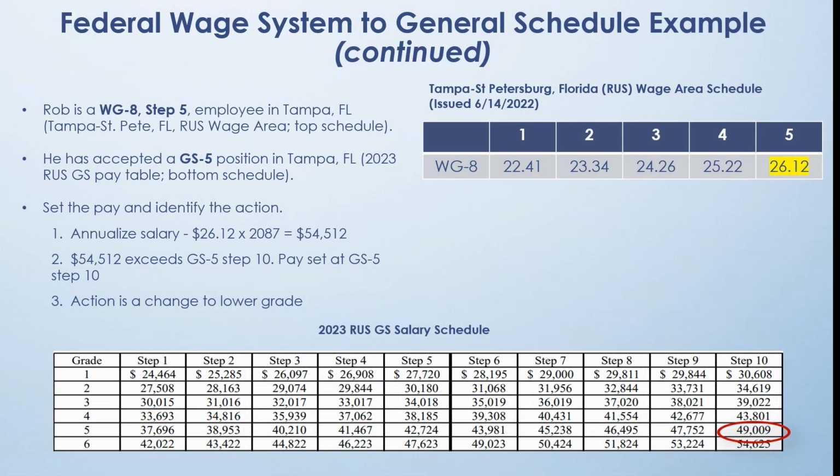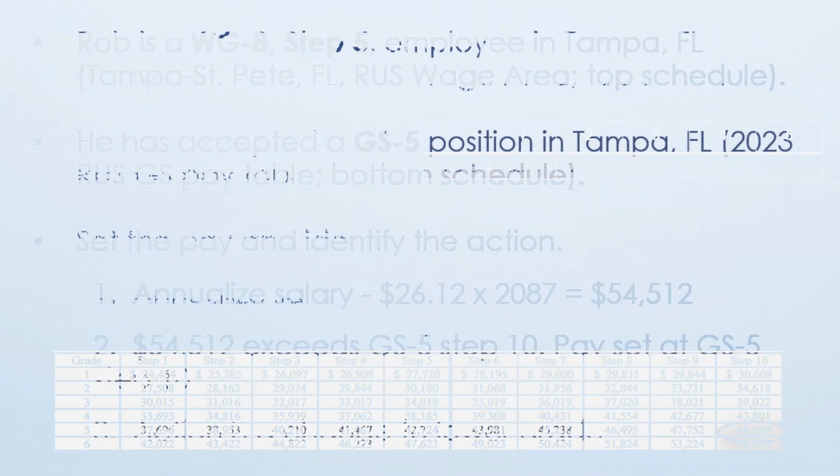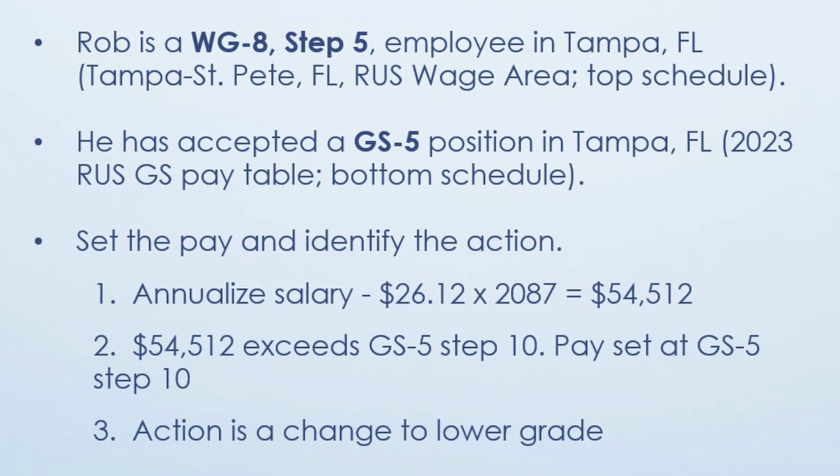Now we have another example. Rob is a WG8 Step 5 employee in Tampa. He has accepted a GS5 position in Tampa. So let's work with the pay setting. The annual salary of Mr. Rob, since he earns $26.12 an hour, times 2087 is equal to